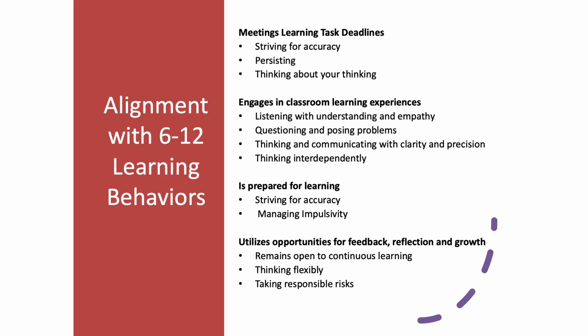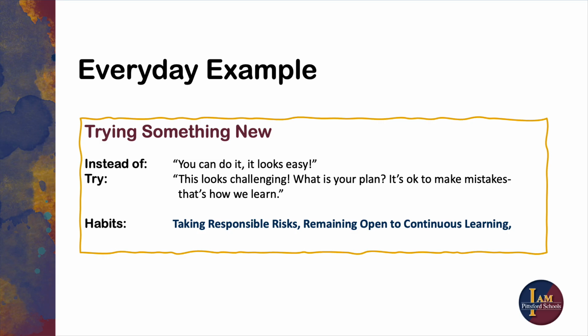So then we looked into it: it's really important to have consistency in all different settings, right? So when we think about what this can look like at home, some of the examples they give are helping your child feel comfortable trying something new, or doing something that might be hard, maybe just acknowledging this might not be easy, it looks challenging, but that we can do it. Taking responsible risks and remaining open to trying and persisting through tasks is something that we do regularly with our children at home.